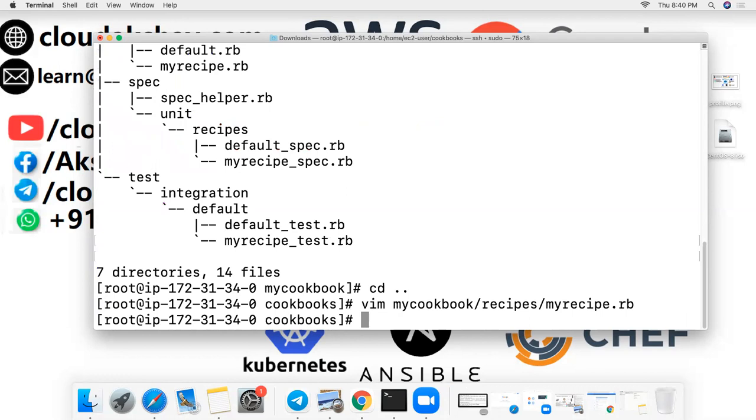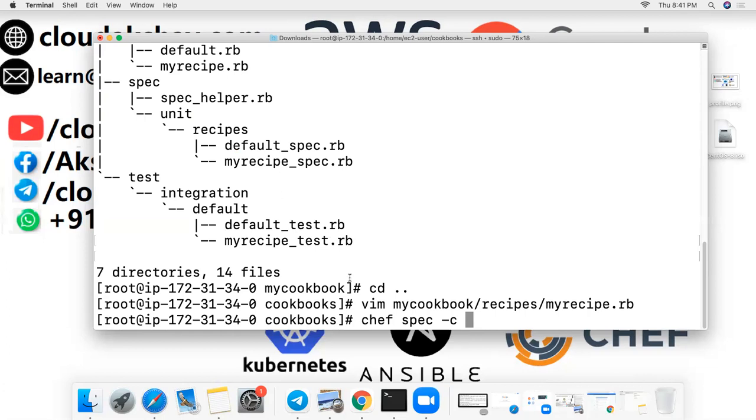I wrote code in my recipe, so let's check once. We are going to check with the spec command for unit testing. This is the command: chef spec -c for check, and my cookbook name, my recipe spec.rb.